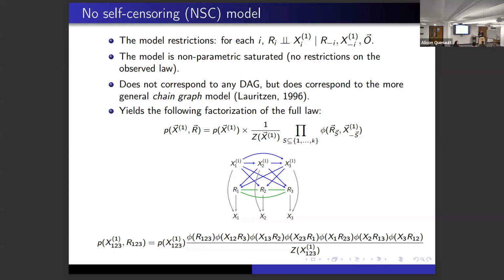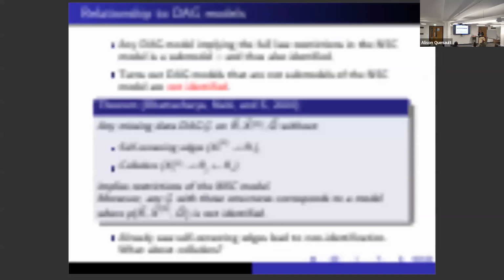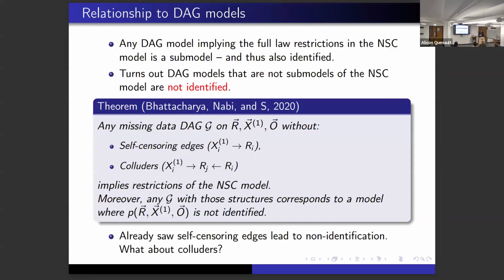Sorry, you have your hand up too? Yeah, I'm still trying to get my head around the consequences of it. So if you go forwards two slides again, sorry. So here, any DAG model that isn't a submodel of NSC is not identified. Yeah, and it's going to have one of these two things somewhere. So there are non-DAG models that are identified. The implication, therefore, is that any non-DAG model that is identified but not linkable to NSC does not have any DAGs that are consistent with it. Is that the implication there?